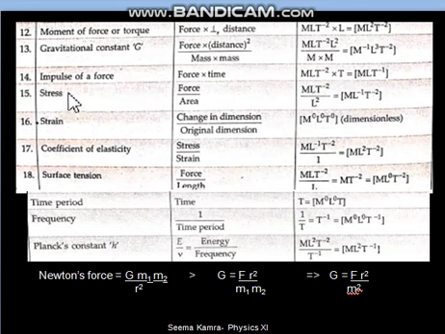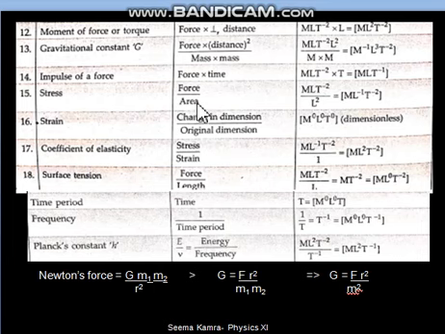Okay, let us proceed to 3 connected quantities, that are stress, strain and coefficient of elasticity. Stress formula, new for you, learn it: force upon area. How to get the dimensional formula? So M1 L1 T minus 2, area is L2, shift this power of L to the numerator. So you will see M and T power are still the same, L power has finally become L minus 1.